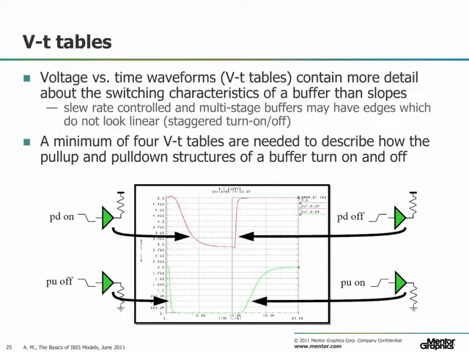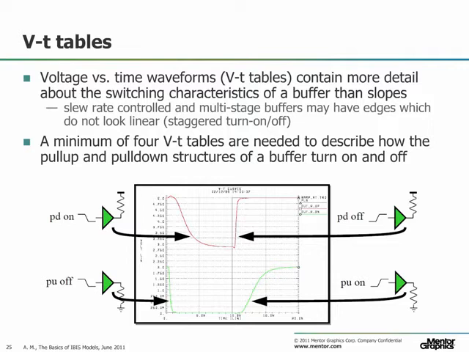The voltage versus time waveforms, the VT tables, are stored under the rising waveform and falling waveform keywords in the IBIS file. These waveforms provide a lot more detail about the buffer's switching characteristics to the simulation tool. For example, a multi-stage slew rate controlled buffer may have humps during the transition which wouldn't be preserved by a simple ramp keyword. Another very important accuracy consideration is that with VT tables we can distinguish between how the pull-down